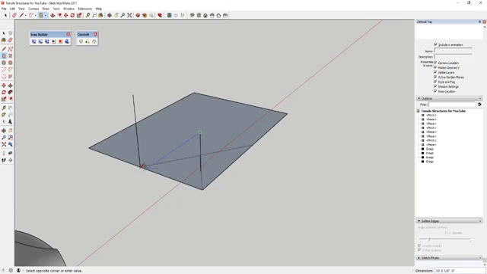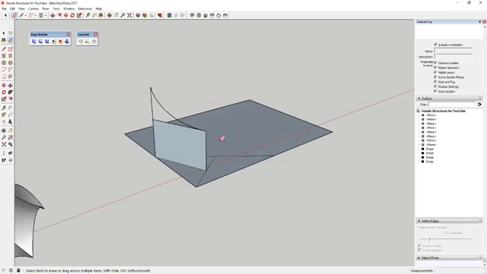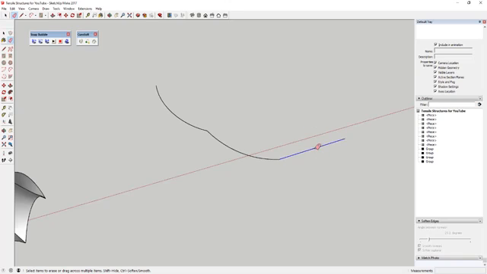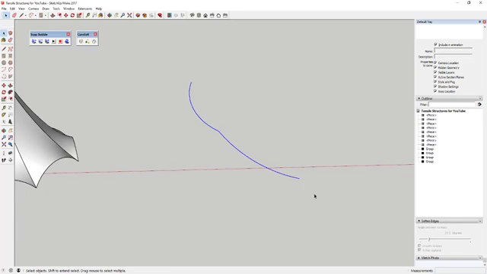So what you could do is come in here and draw a rectangular face as your guide. I'm just using this so that I have a face to draw my arcs along, but then I erase all that stuff back out. So once you've got your arcs drawn, you just select them,